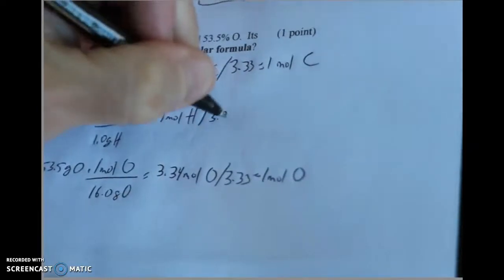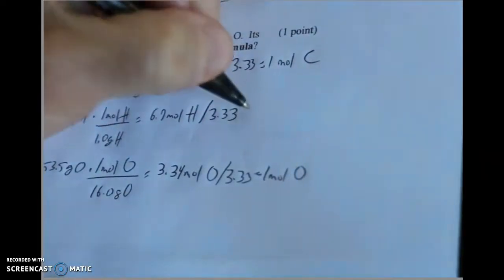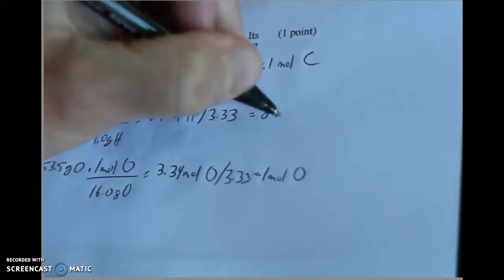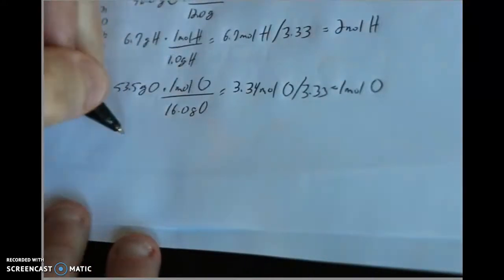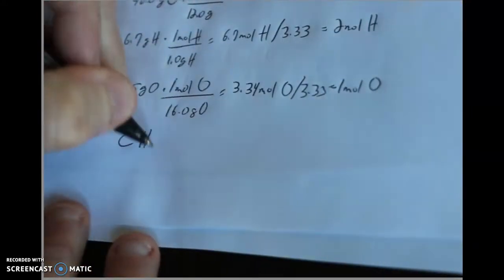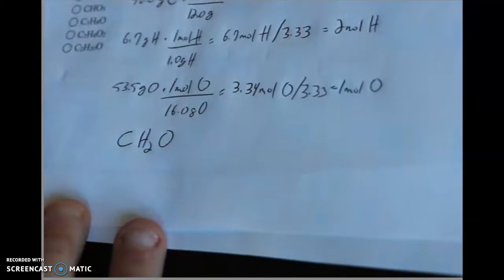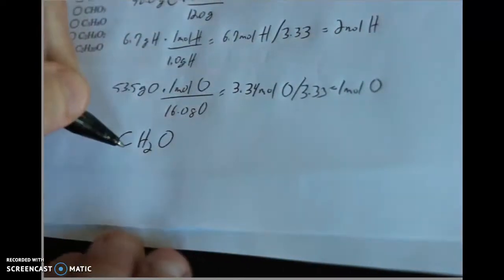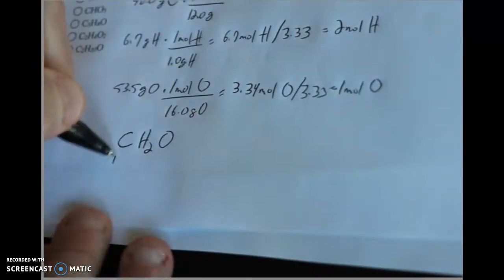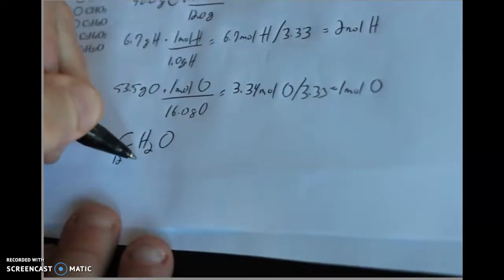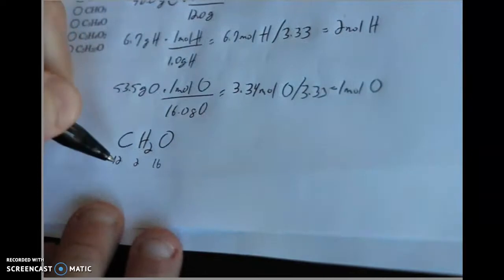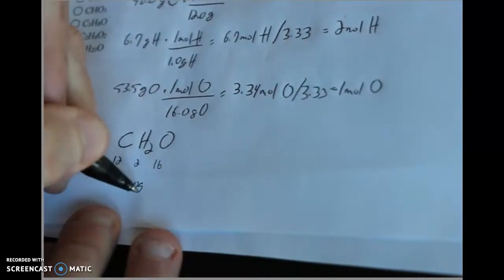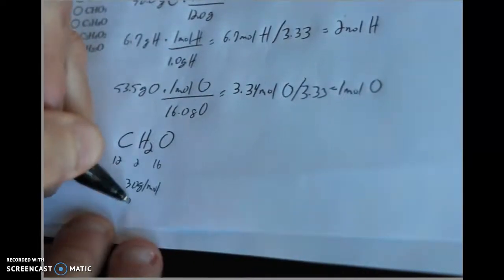So now the hydrogen, when we divide by 3.33, that's going to end up being 2 moles of hydrogen. Now this one works out well because they're all whole numbers. So our empirical formula ends up being 1 carbon to 2 hydrogens to 1 oxygen. Figuring out the molar mass of this is easy. Carbon is 12, hydrogen's 1 apiece, but there's 2 of them, so that's 2. Oxygen 16. When you add all that up, you get 30 grams per mole, and that is the molar mass